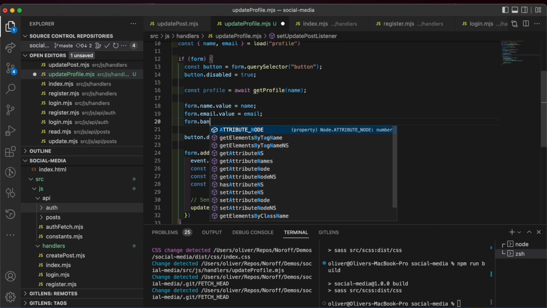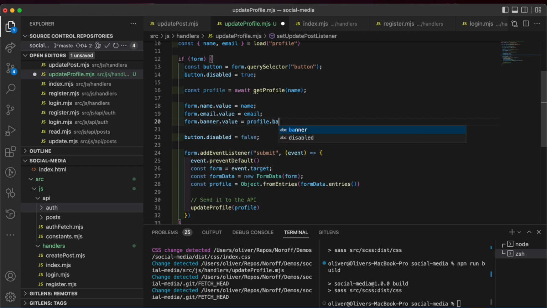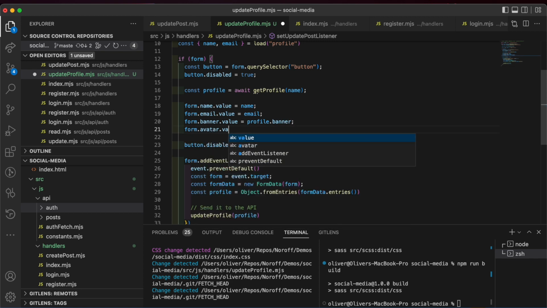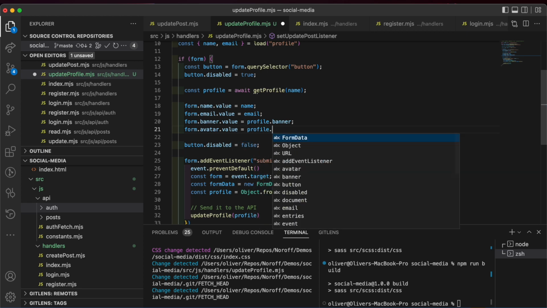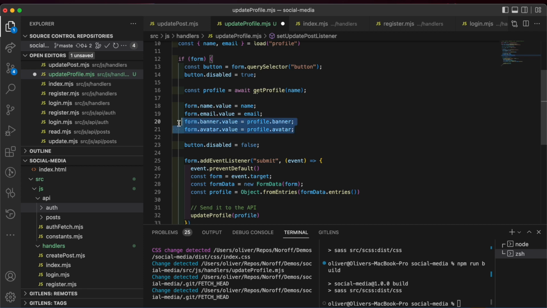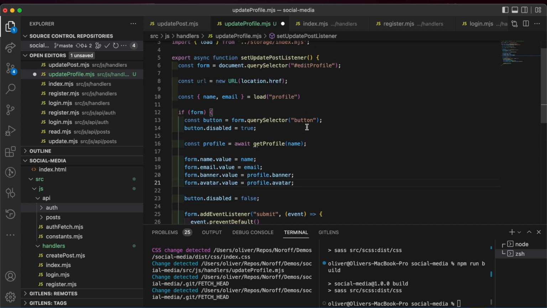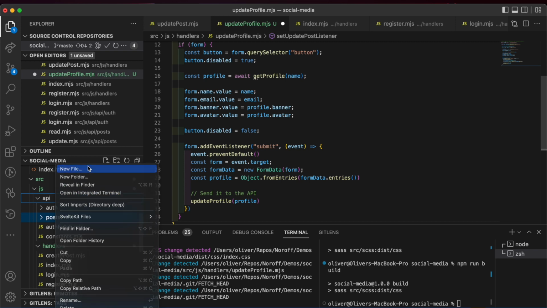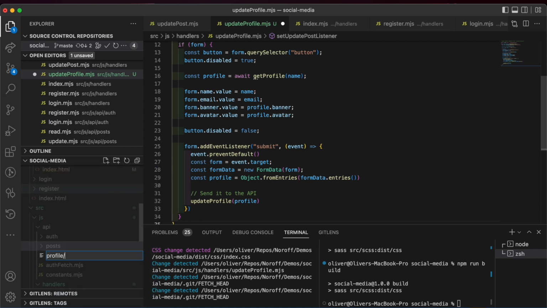So what I'm doing here is just making sure that the banner and the avatar values are fresh from the server, because it's possible that you loaded the site, you loaded that stuff into your local storage, and then it changed in the background. So this way we can be sure that these two values are going to be fresh, and then since those are the values that we're allowed to edit, it's important that they are fresh. So this will not work until we've gone and added our profile slash